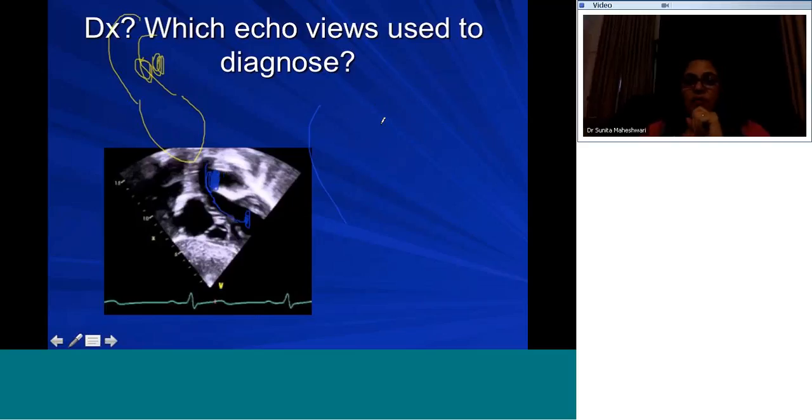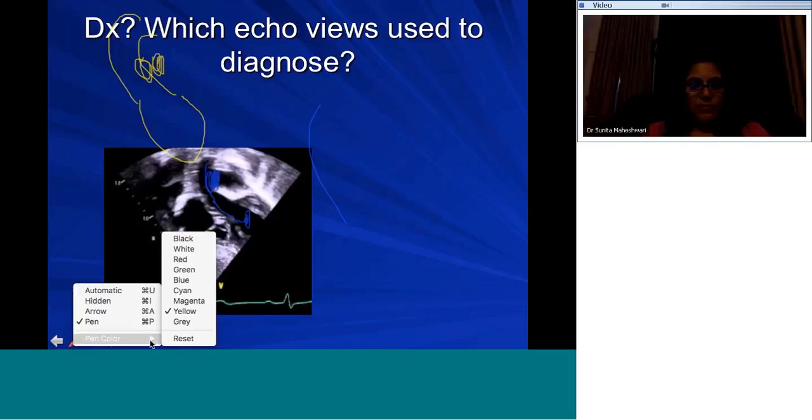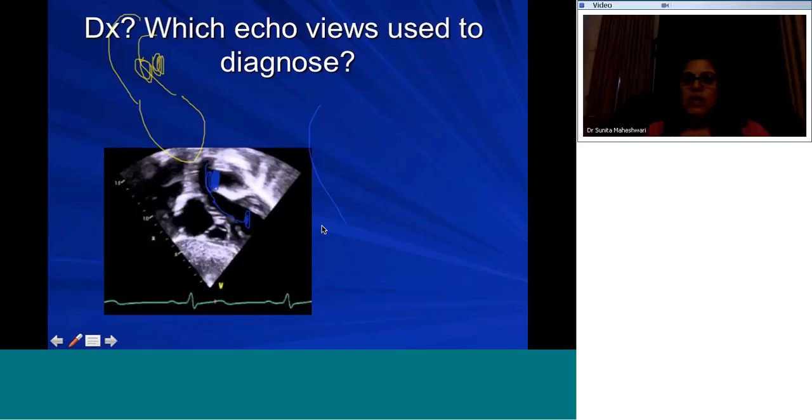What are the other echo windows which are used to diagnose an AP window? Other echo views for AP window. So this is a 5-chamber view tipping up. Where else can you see an AP window? So suprasternal view, you can look, yes. So in suprasternal view, so short axis, parasternal axis, subcostal, which is this 5-chamber tipping up, high parasternal short axis, and also remember, yes,